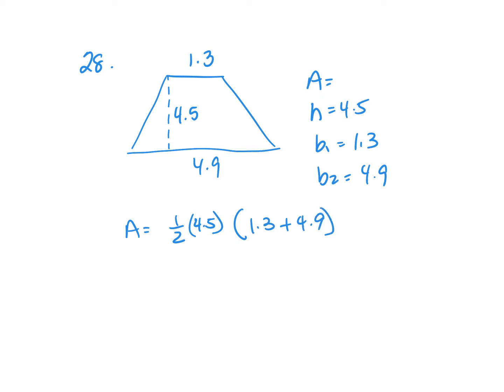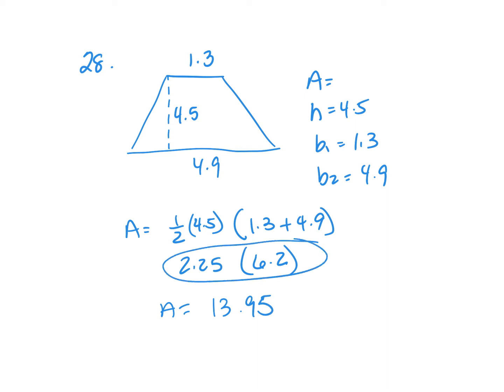And 1/2 of 4.5 is 2.25. And 1.3 plus 4.9 is 6.2. Am I right? Yes, and that is the answer if you multiply these two together. Okay? The area is 13.95. Technically